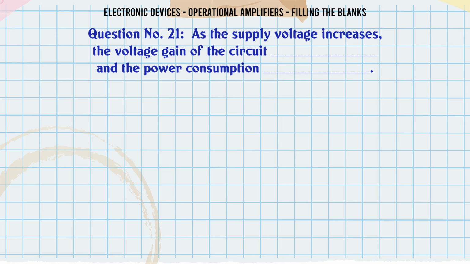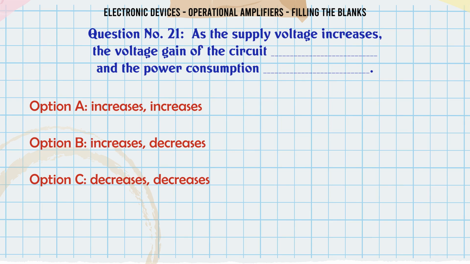As the supply voltage increases, the voltage gain of the circuit and the power consumption ___. A: increases, increases. B: increases, decreases. C: decreases, decreases. D: